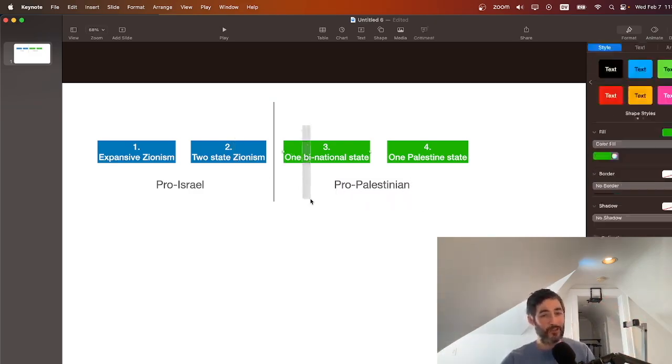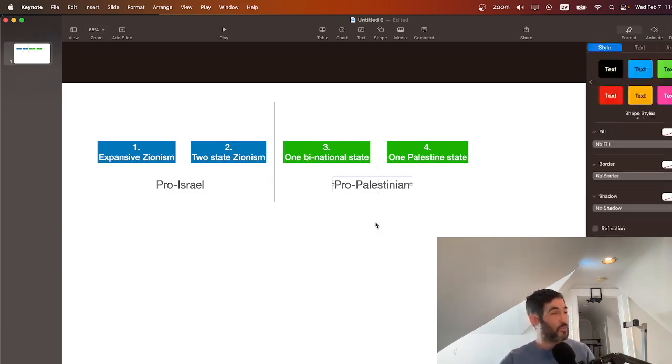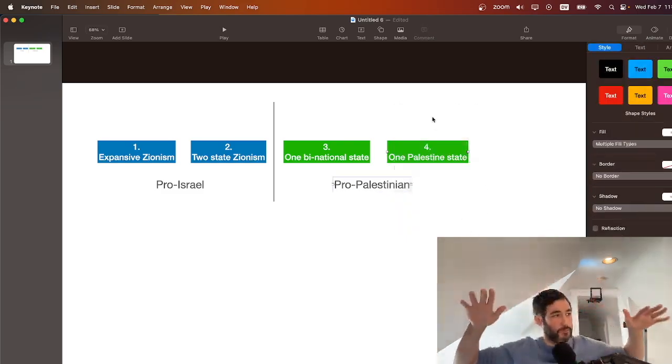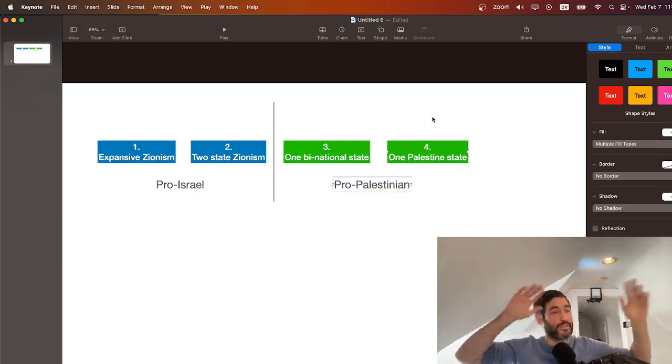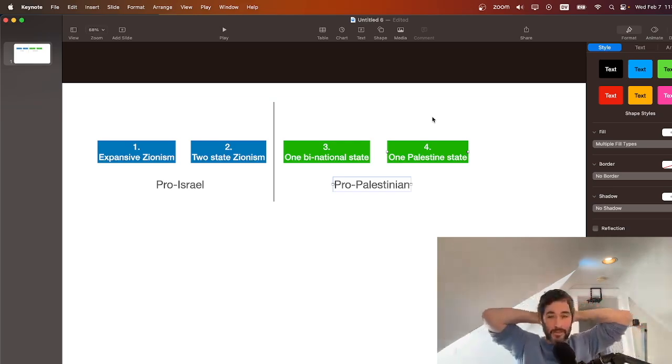If they thought a binational state was viable, they'd be open to that. And if they don't think those things are viable, which would be the message they would get after decades and decades of domination, decades of settlement expansion, then they'll be here. But if things change, again, people are fluid, and people can exist in a superposition, meaning they can have a first choice and a second choice. They can be in two camps at the same time. And I think that's really important to understand.